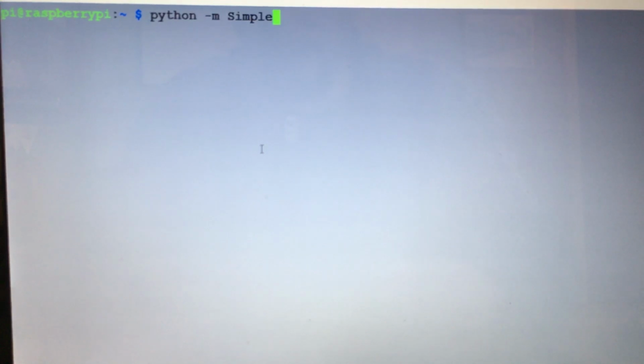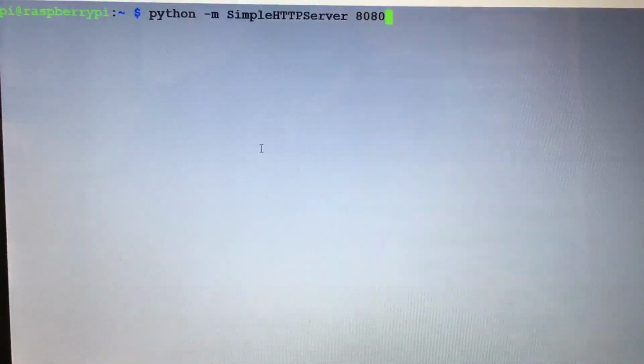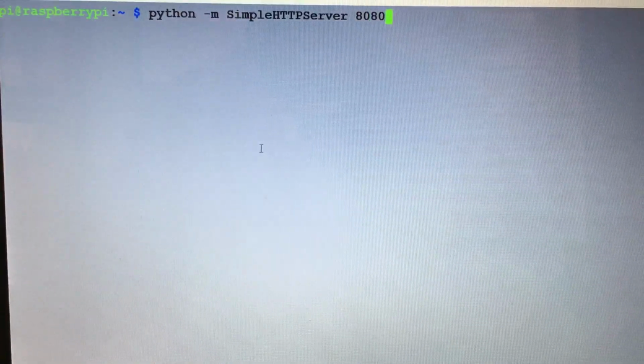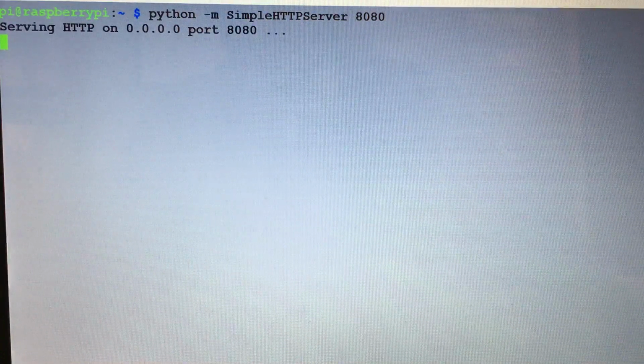And if so, we just need to go python -m SimpleHTTPServer. Then we're going to run this on port 8080. So once you do that, type that in, just hit enter, and we'll go down here, and all we need